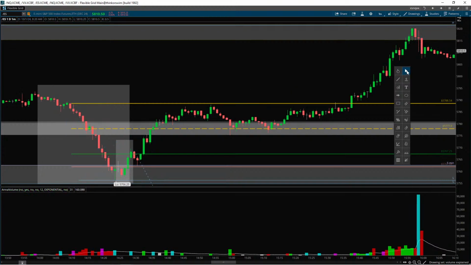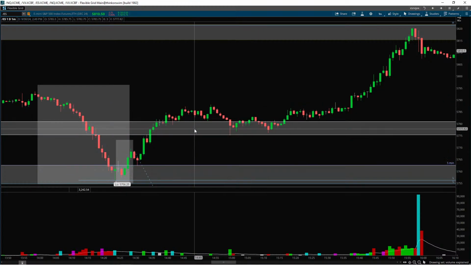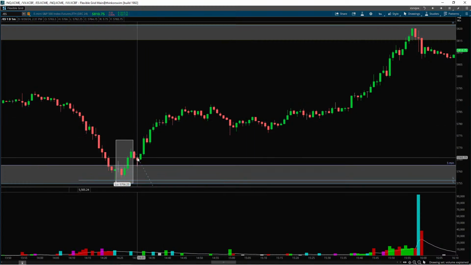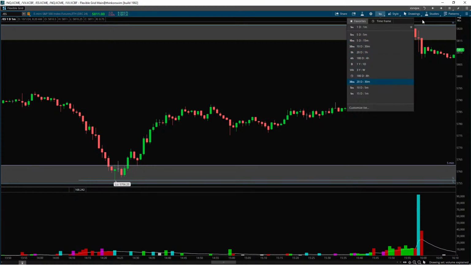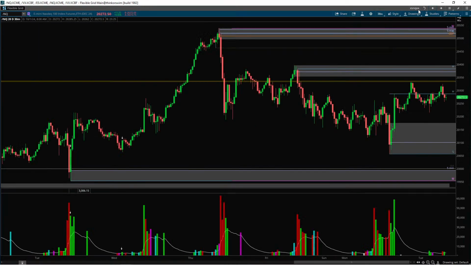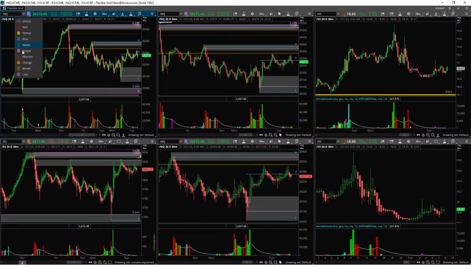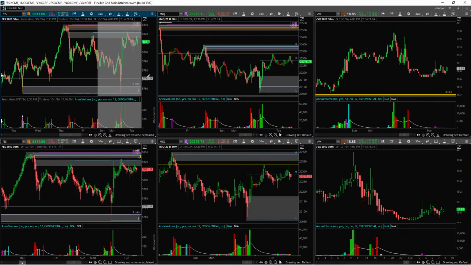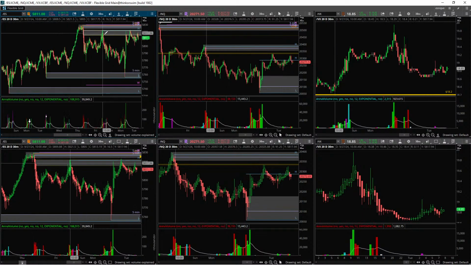So this is just a quick review of yesterday's price action and things that I was looking for. Now we're going to go over today's price action, and let me see what exactly I can find as far as my levels. As you can see, we're now at a supply zone,